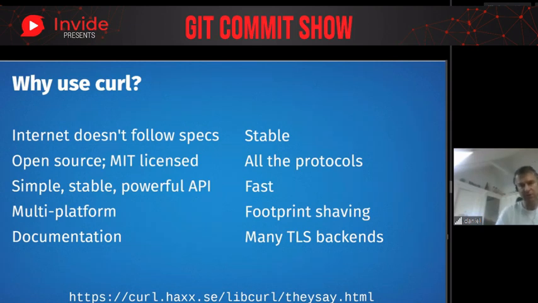And of course, it supports a lot of different TLS backends, so if you want to use a particular TLS library, you just build your version of curl with your TLS or with your features, and that's usually how all these embedded users use curl. They build their own curl with their own particular needs, and they're happy with that.